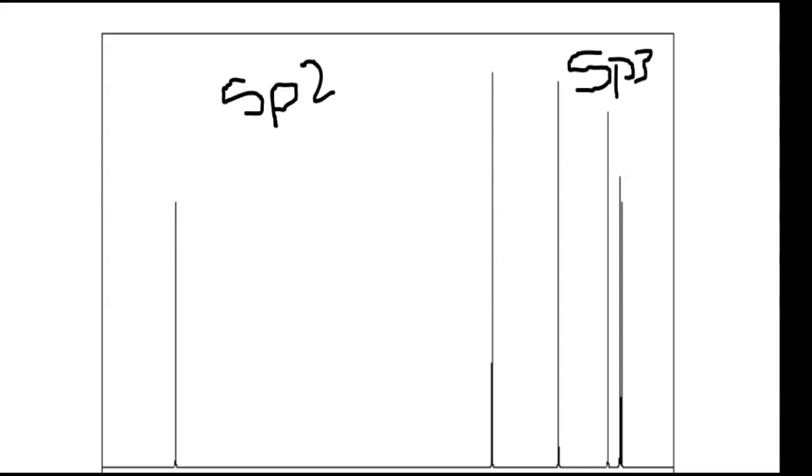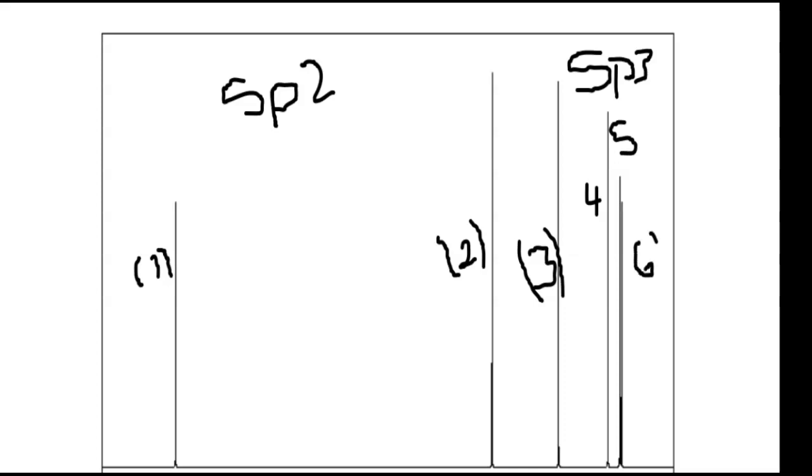Now right here, I'll label this as 1, 2, 3, 4, and 6. Okay, so now that we have our numbers labeled for each one, we're going to start off with